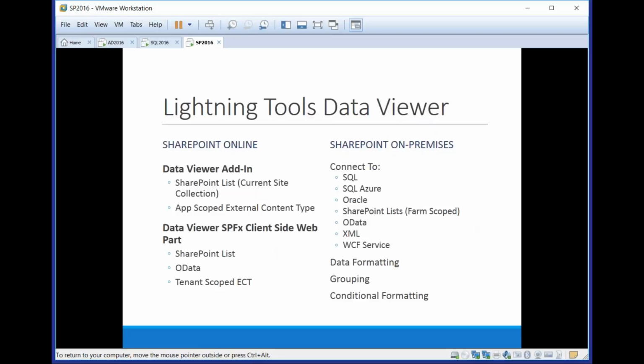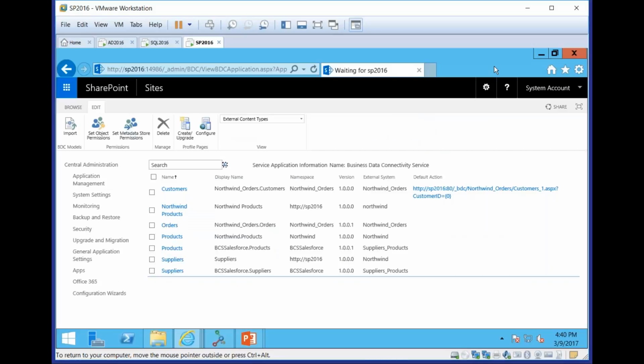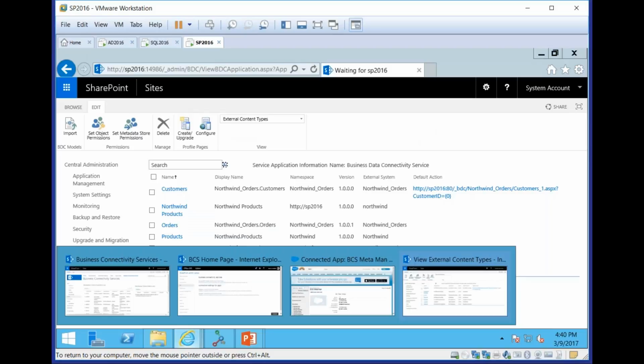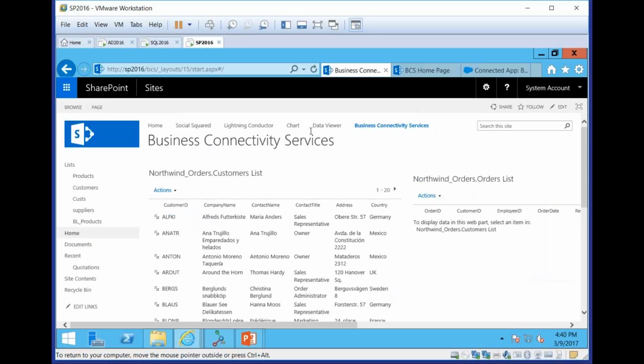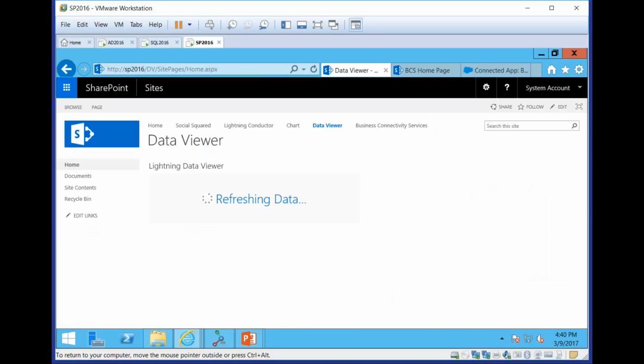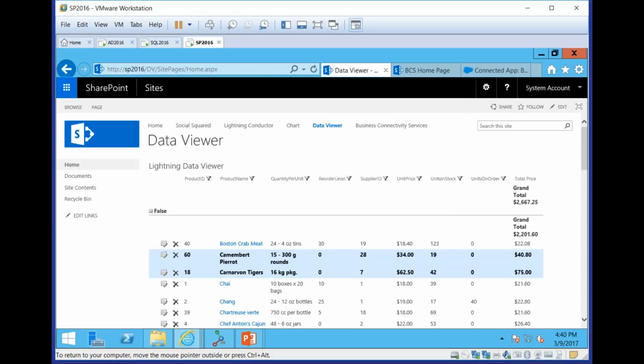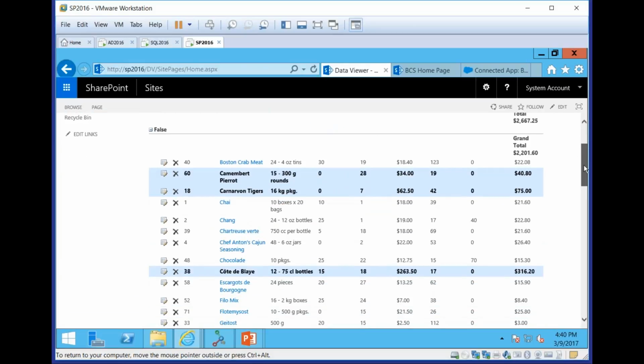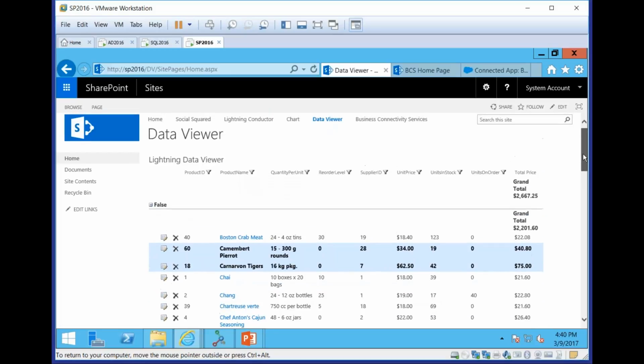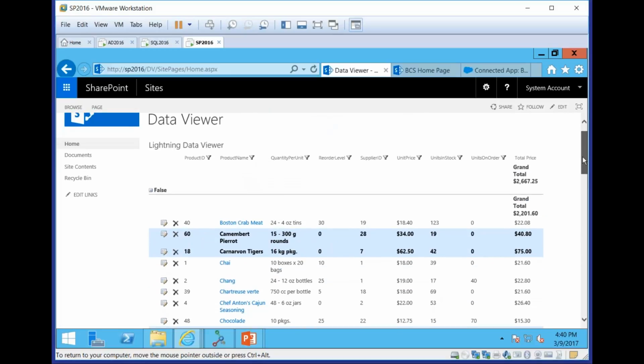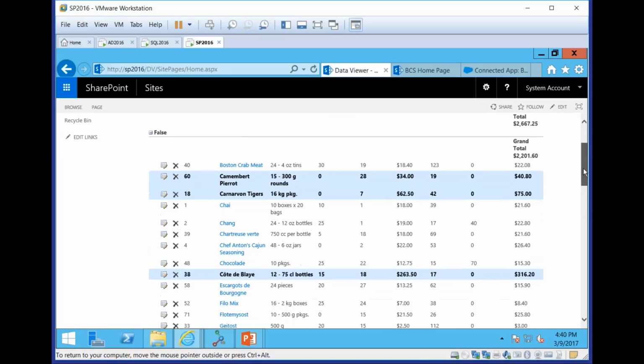Okay, so we'll take a look at the data viewer. So we're just simply going to navigate back to our data viewer page. And here's a configured example. So this one here shows me data. It's got some conditional formatting going on. So it's highlighting data over a certain value. You can see we've got also some